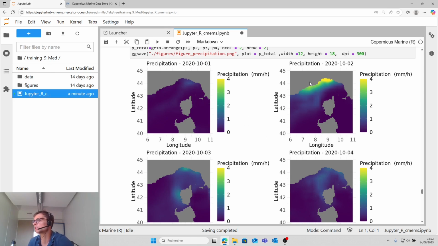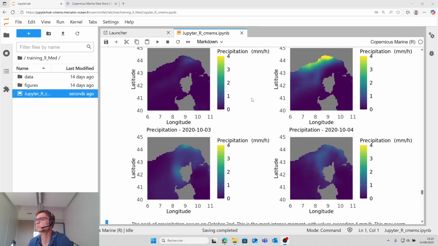This is the most intense rainfall, and the value seems to be low because it is 4 mm per hour, but it is a daily value, so it is an average of 4 mm per hour over 24 hours. So it means it is 80 millimeters in a single day. That is important. Moreover, the precipitation was stronger on the ground, so it is a very intense precipitation.